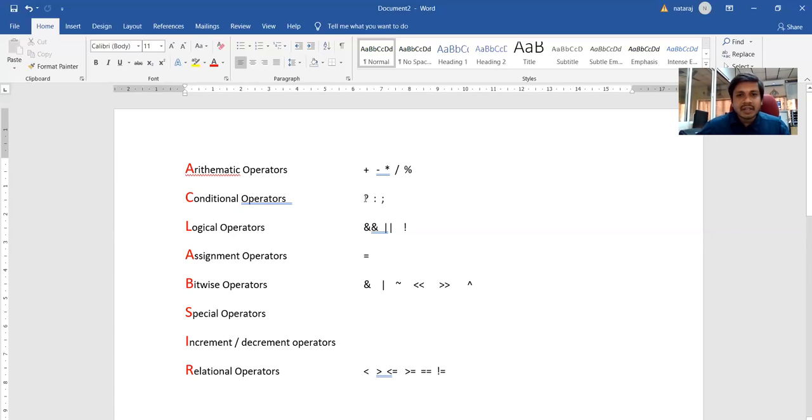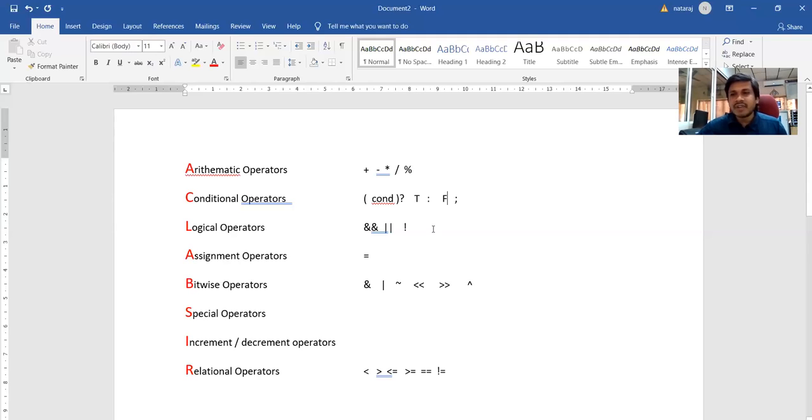And the conditional operator deals with conditions, either true or false. If the condition is true, the statements from question mark to colon get executed. If the condition is false, the statements from colon to semicolon get executed. So the condition should be within the parentheses. If the condition is true, then the statements from question mark to colon execute, and if the condition is false, then the colon to semicolon execute.